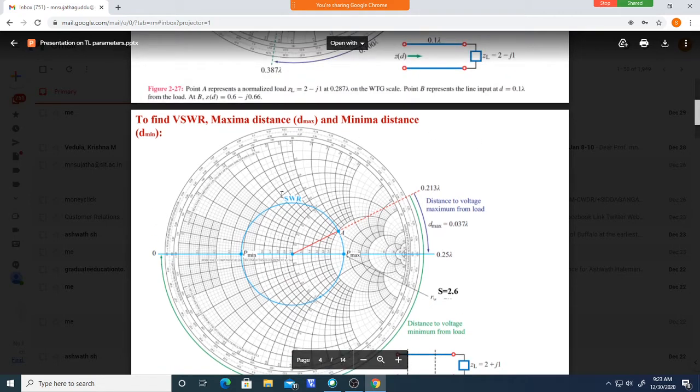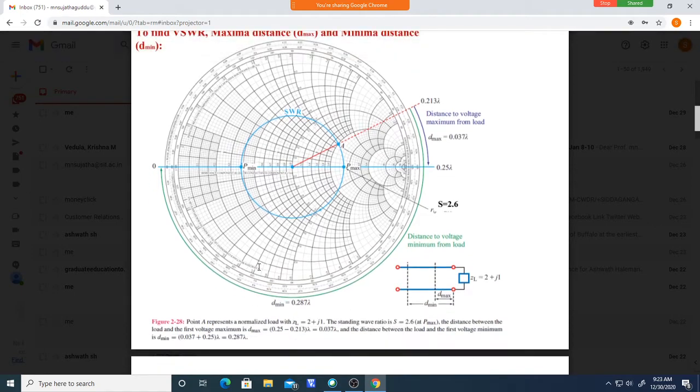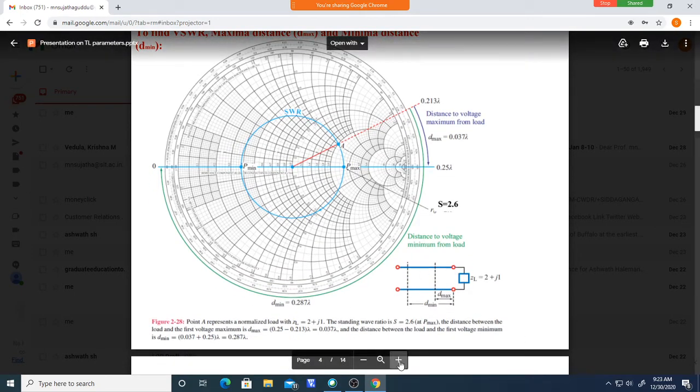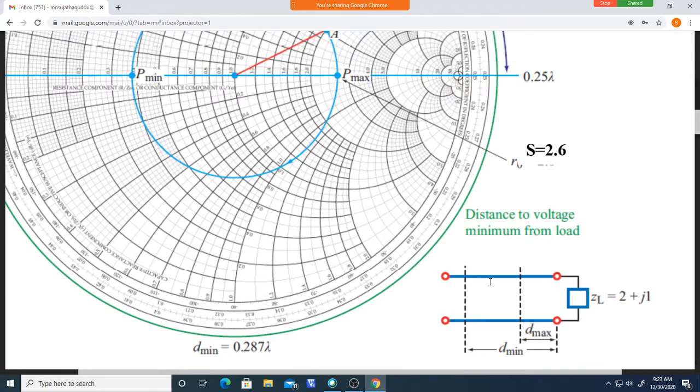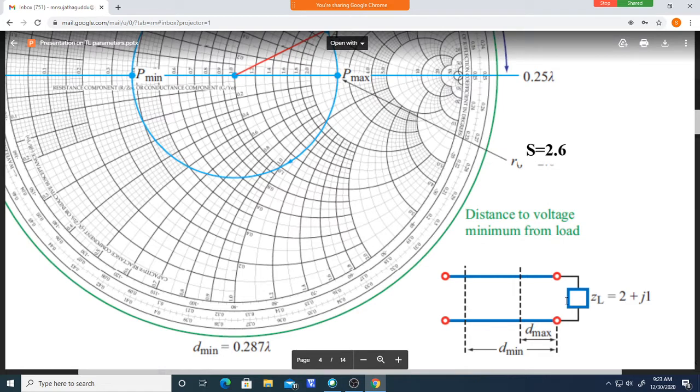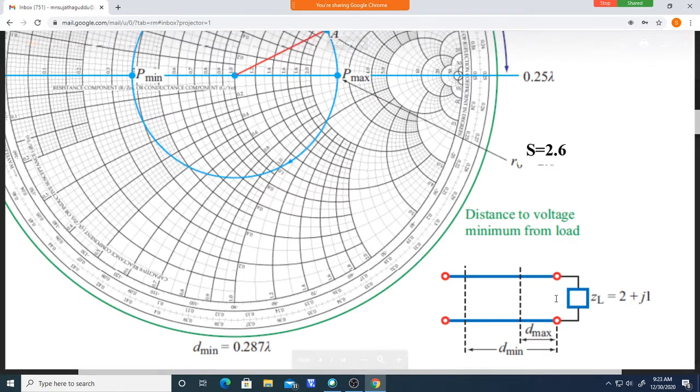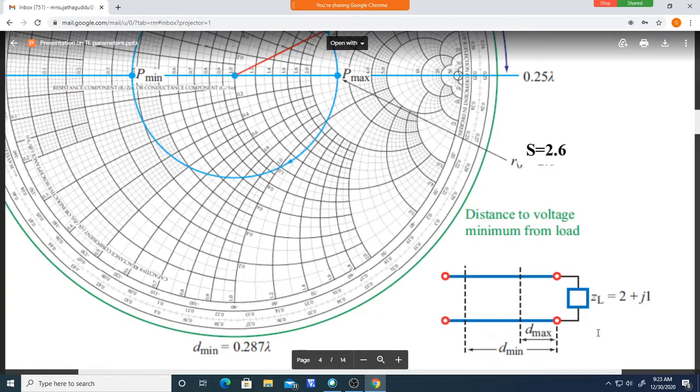Here you already studied in the theory what happens as you move over a transmission line. See, this is a transmission line. As you start from the load, at the load position, the impedance is equal to ZL. As you move like this, the impedance changes. If you look in this direction, this is the input impedance. That input impedance changes as you move away from the load impedance. This is the load; at the load point, it is equal to ZL, whatever it is.